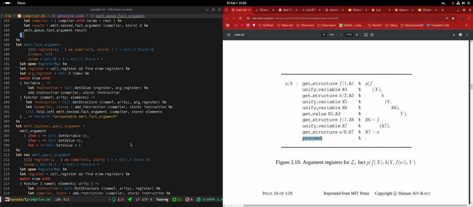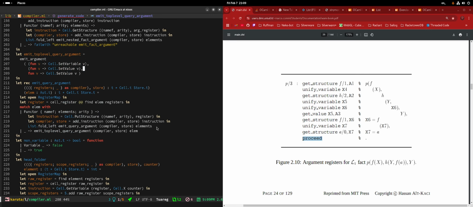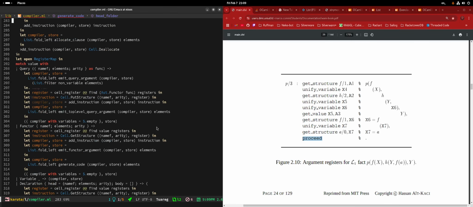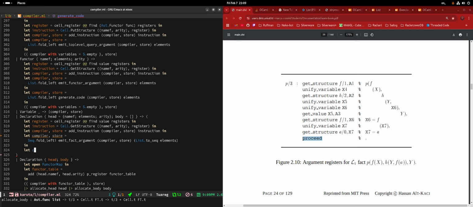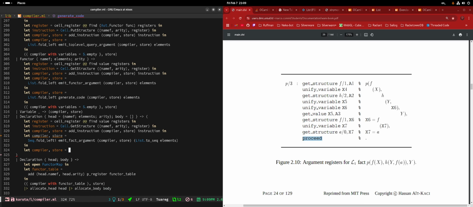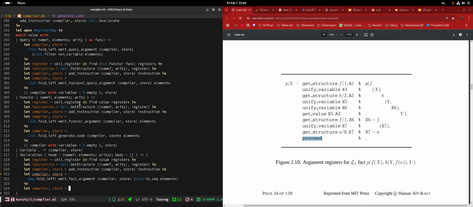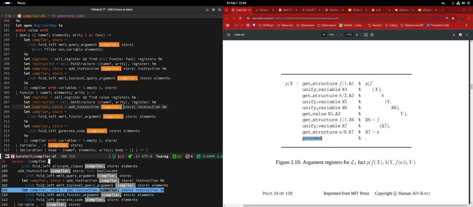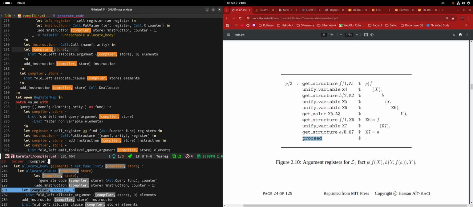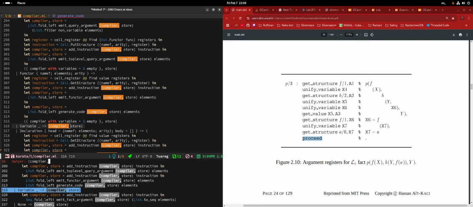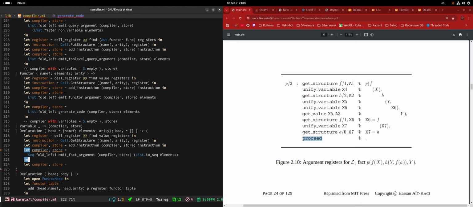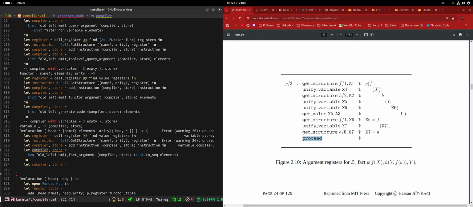Yeah, and then we have to emit a proceed after we finish emptying out the queue. Yeah, but we do that after folding the fact arguments on the top level. After we emit the fact on the top level, we need to call the emit fact argument queue. Okay, there is some sort of inconsistent pattern going on. Okay, anyway, go on. Continue. Yeah, after we do a fold for the top level, we do the emit fact argument queue, the function that we just wrote.